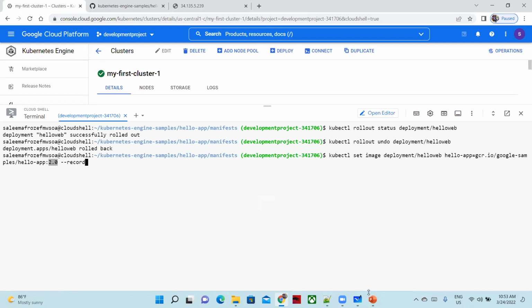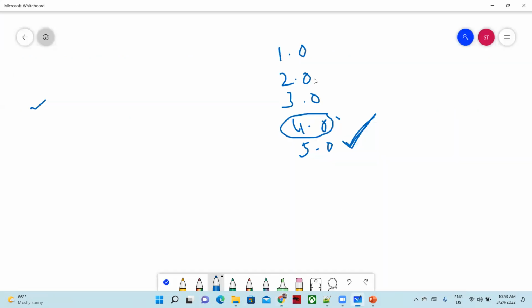Okay, suppose I'm going to version 2 and then there are performance issues. Yes, what about that? Again we have to switch back to the version which is working fine. What is the previous version which is working fine? 1.0, right? They have to go to the previous version, take some time,